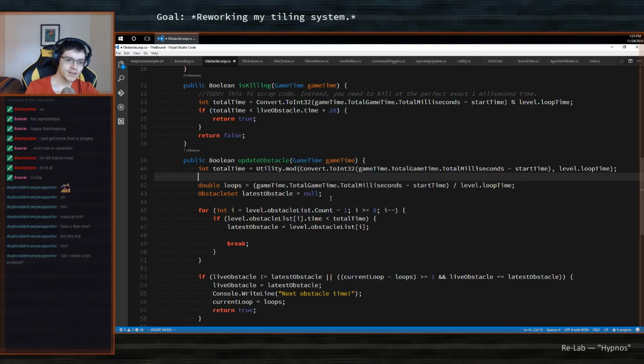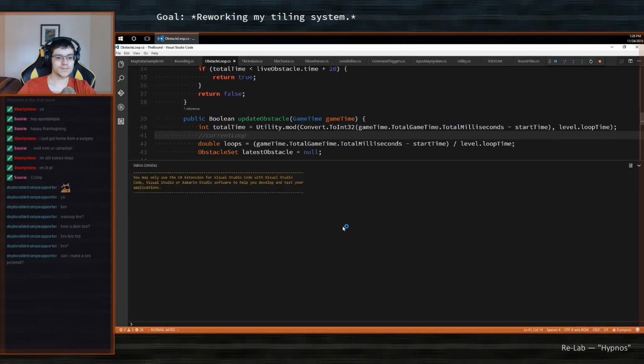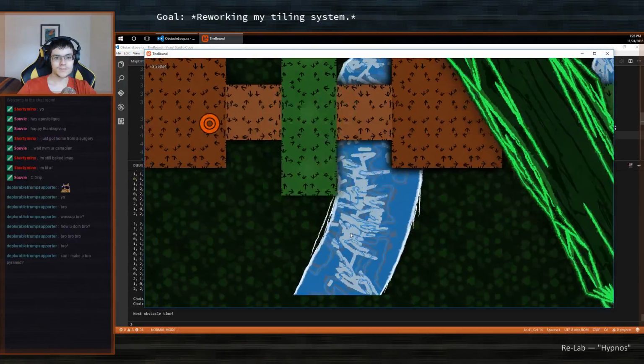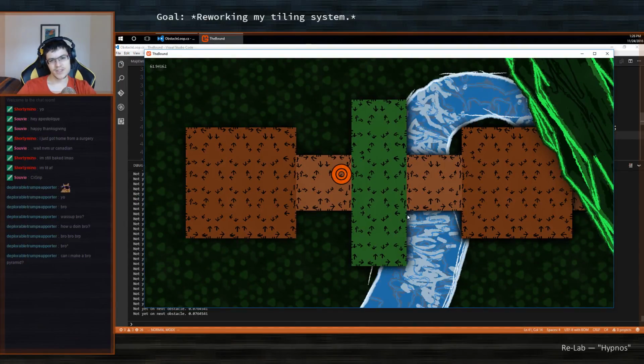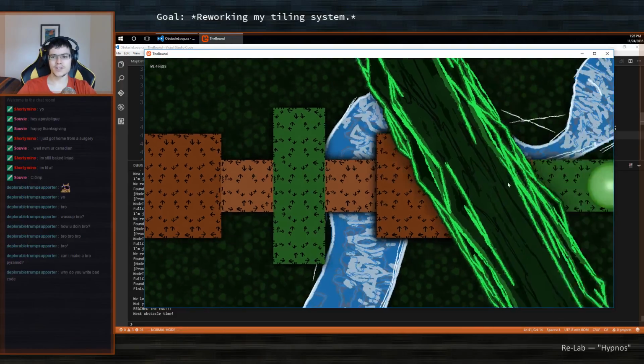Okay. Here's what I need to do. Current loop. What am I doing? A row pyramid. I think you just did. Here's what I'm doing. Right now there's a bug where the first level doesn't loop. But for some reason sometimes it does loop, which makes sort of no sense, but whatever. The other ones are all fine.